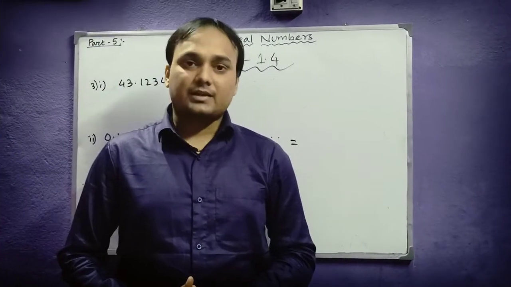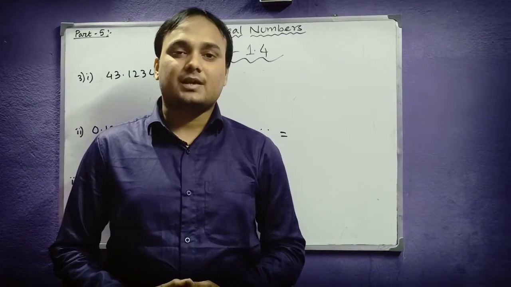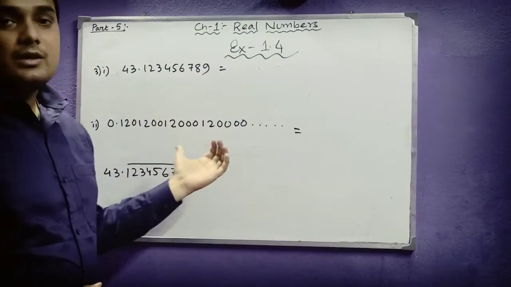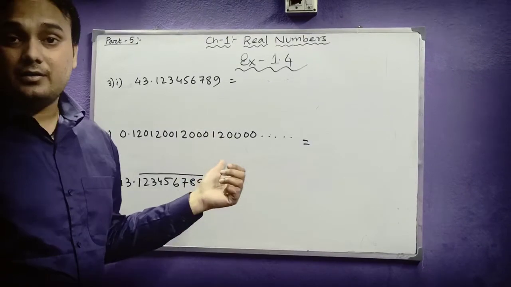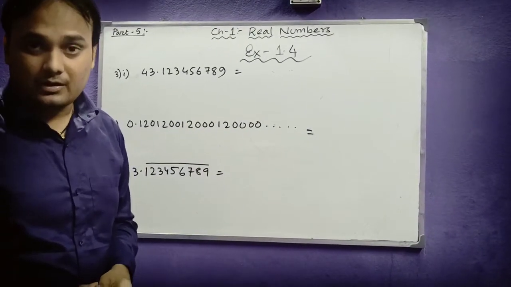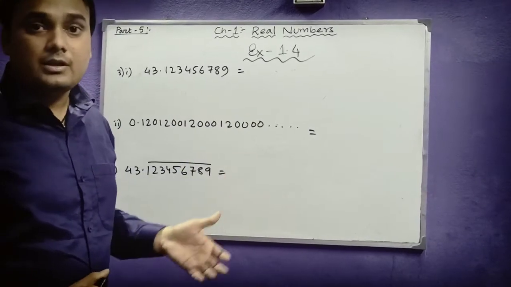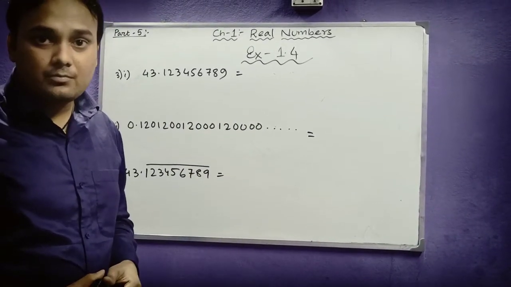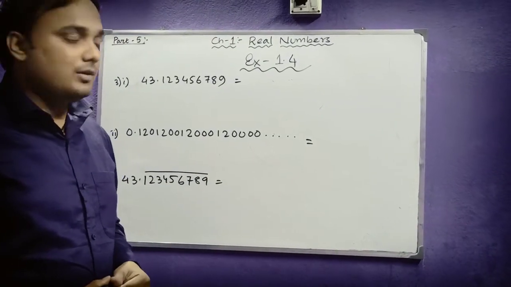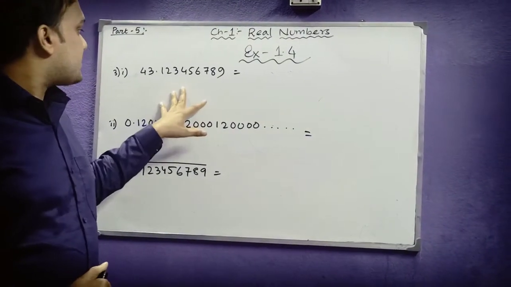Okay students, let us come to our last question of the exercise, question number 3. Here we have 3 questions. We are asked 2 things. First, we have to identify which one is rational and which one is not rational. And if the number is rational, then it can be expressed in P by Q form, and in that case we have to write the factors of Q. Okay, so the first question is